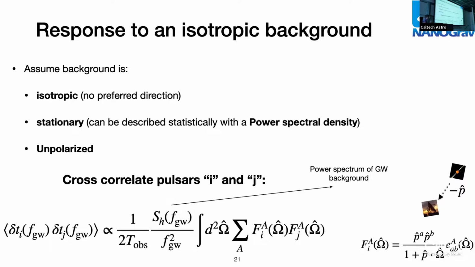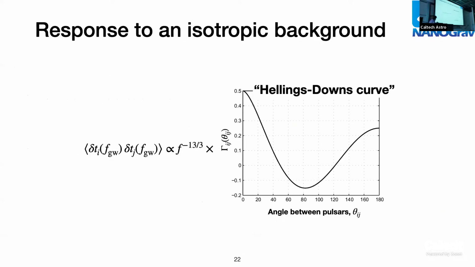That's the 1 over f that I just talked about a couple slides ago. And then multiplied by this factor here that you'll notice doesn't actually depend on any properties of the gravitational waves. So this f is a response, this is that response that we saw again from a few slides ago. What we have is the product of the response of pulsar I to a gravitational wave in direction omega hat, multiplied by the response of pulsar J to a wave in direction omega hat. And when you integrate over the sky, you get out some prefactor here that only depends upon the angle between these pulsars on the sky. And this is what the Hellings and Downs curve is.